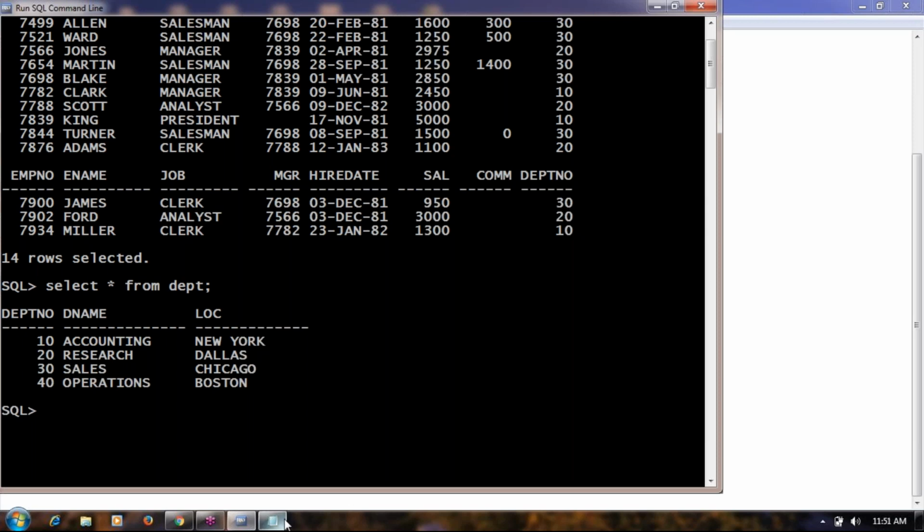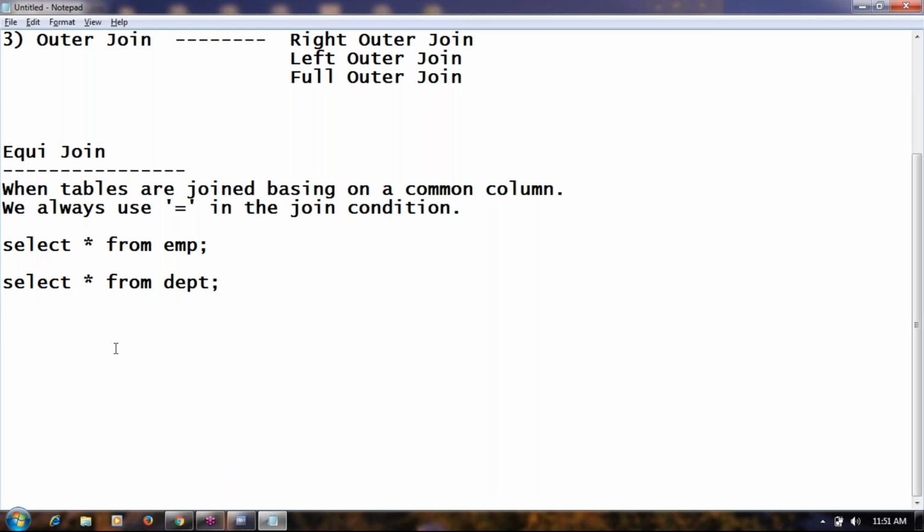Okay. Yes. Now the output I want is employee number, employee name, salary, and the department name. I want 4 columns in the output. If you observe the output, Jamal,